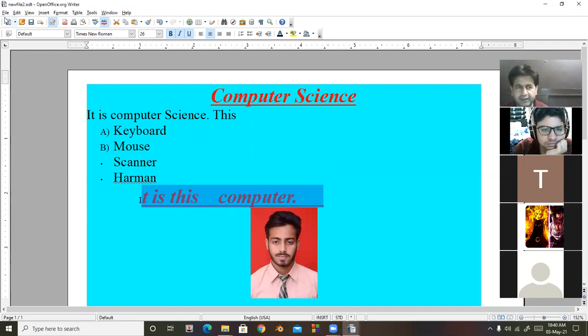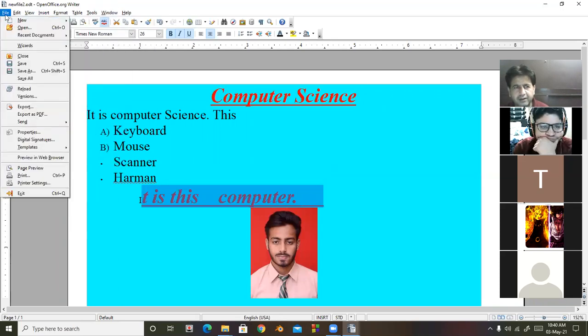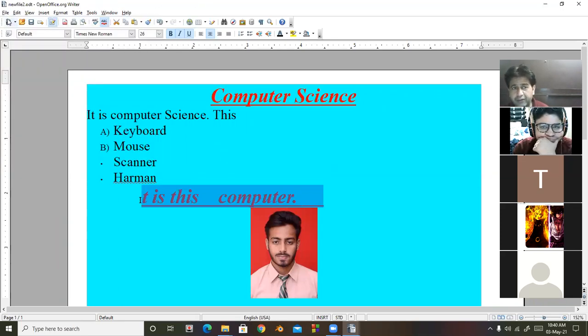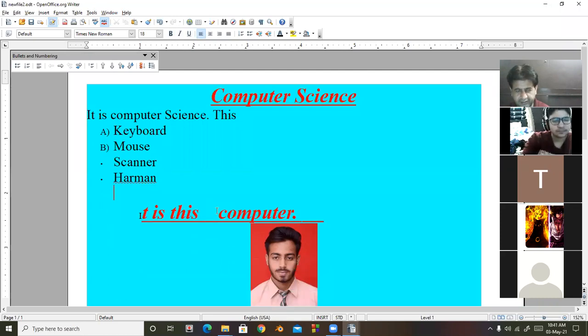And remember one thing, in PT2 the questions from Writer may be like different components of the Writer window, different buttons available in the standard toolbar or formatting toolbar. So remember these types of features of Writer. Means you should know the toolbar names, you should know the menu bar names, you should know the shortcut keys.